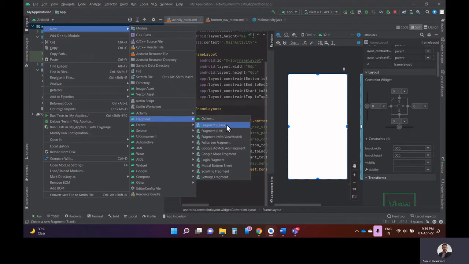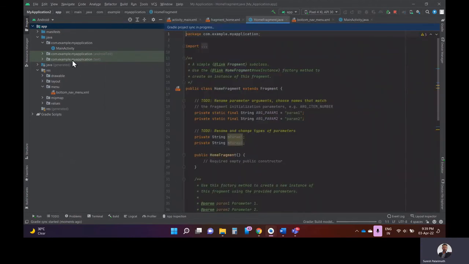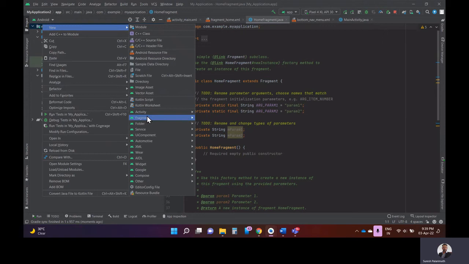All right, so we need to add three different fragments for this. The first one, let me name it HomeFragment, then Finish. You can already see here the HomeFragment is created in this place along with the main activity. So add another one similar to this,